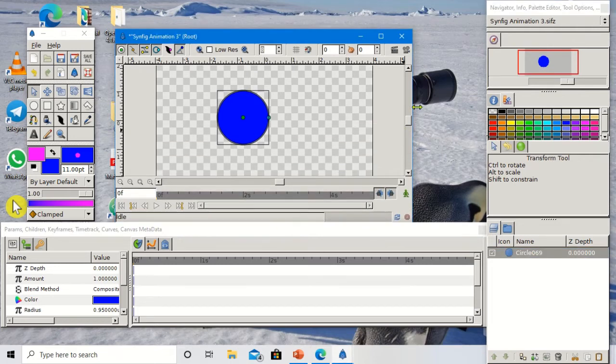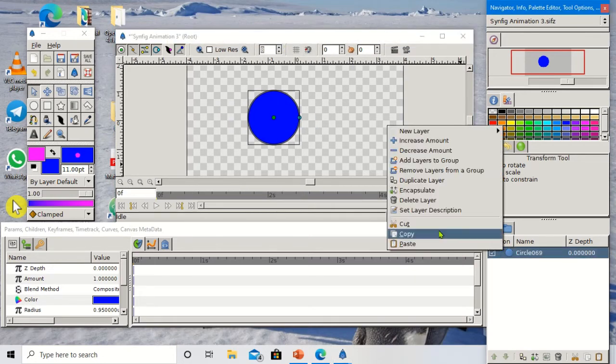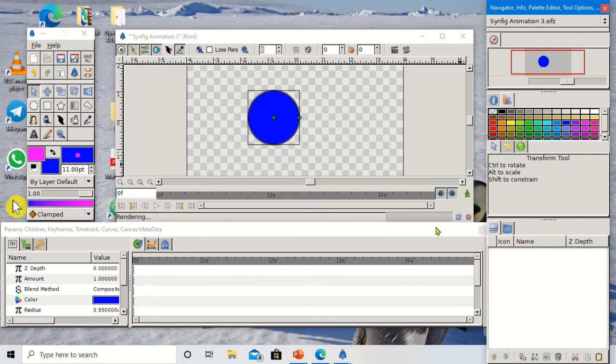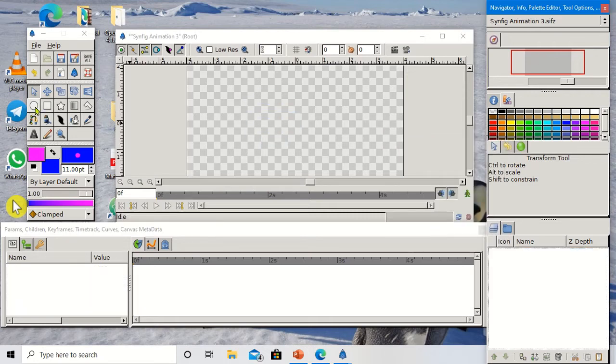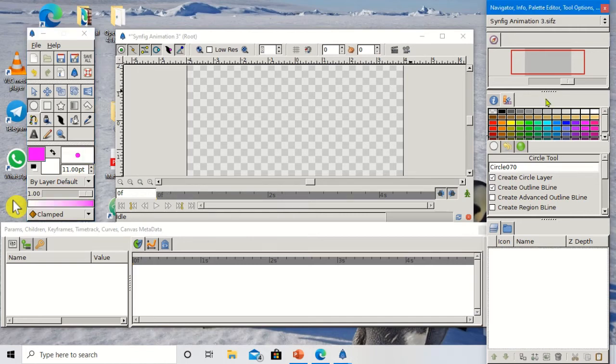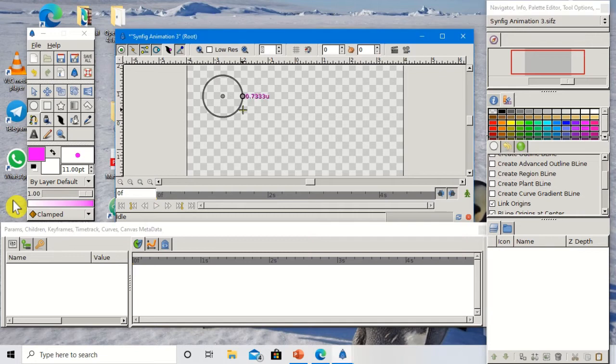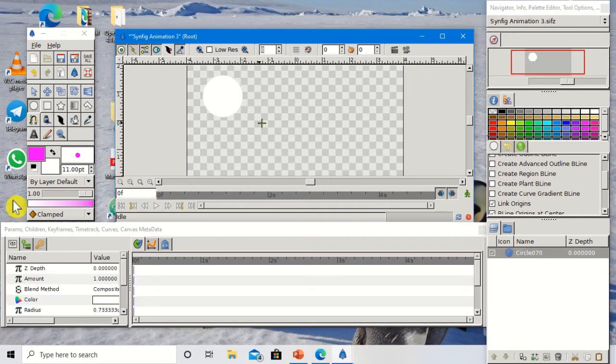draw two circles over here. Okay, let me delete this circle and cut it, and I want to draw the circle with white color. So I will change this color. I will just take this white color, and I want only the region layer, not outline, not plant. So I will delete the plant layer also, and let me draw over here. Yes, let me take one more circle bigger than the first one. You can see I have drawn two circles,